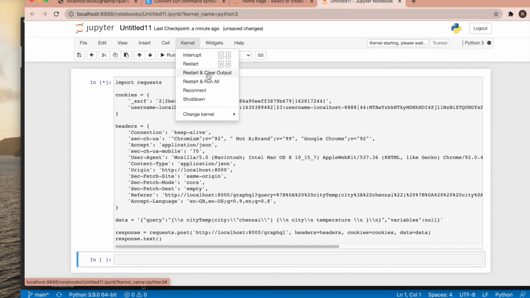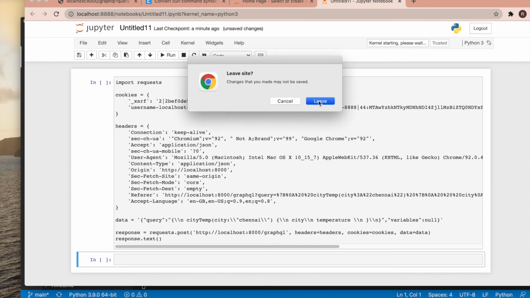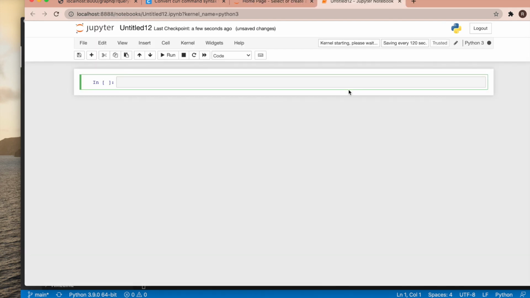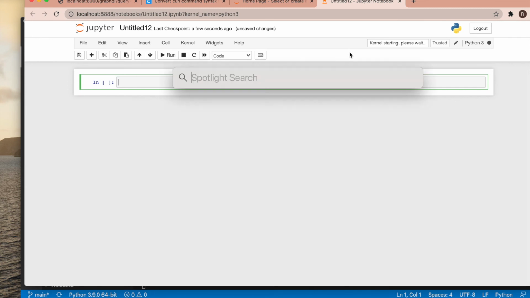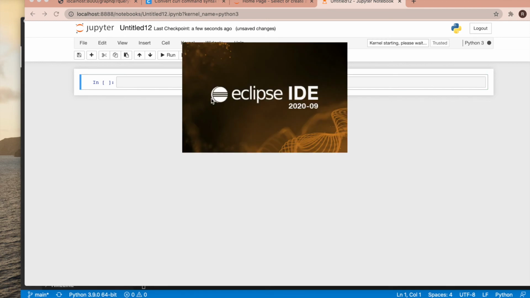Maybe I can restart my kernel for the Jupyter notebook and wait for some time, or just create a new Python kernel. Sorry, I don't know what is happening with my Jupyter notebook. Meanwhile, maybe I can open another IDE, Eclipse, without wasting much time.